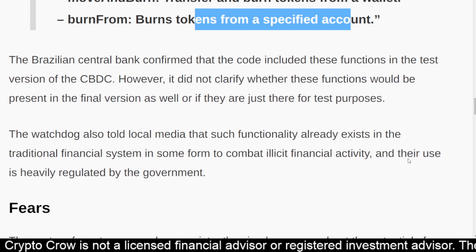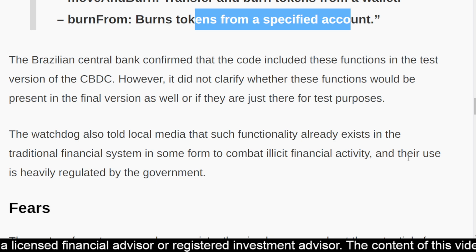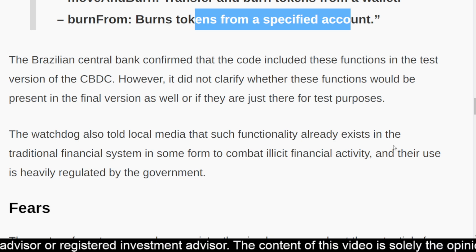I know that many of us don't want to see these CBDCs because we don't like the idea of a centralized digital currency, but it's coming regardless, whether you like it or not. My question is,